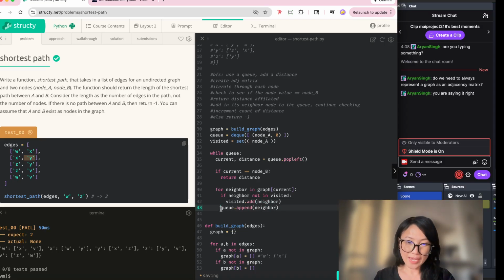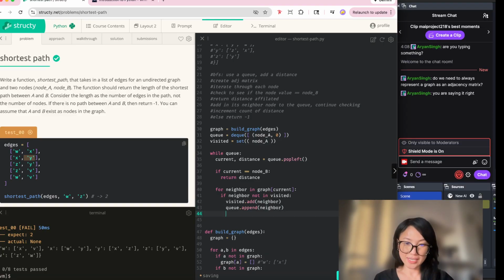Then I feel comfortable enough to add its neighbor too, so we're going to add it all in together. Otherwise, we know that at the end, after checking all of our neighbors,